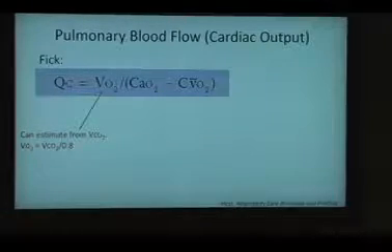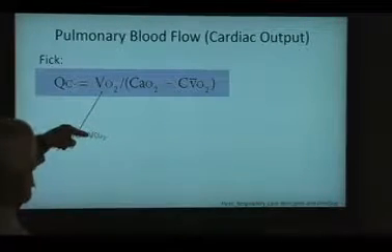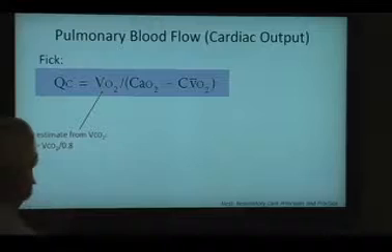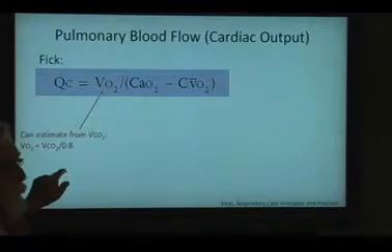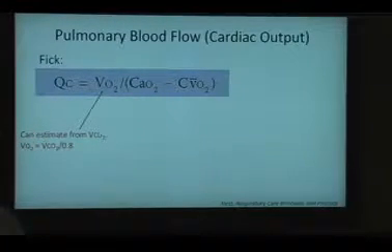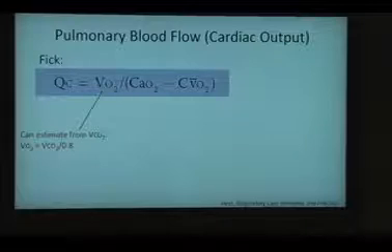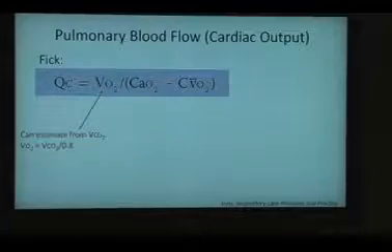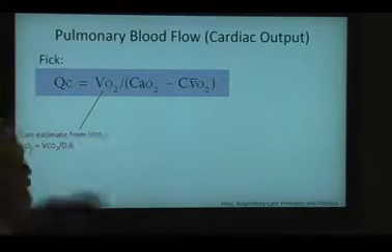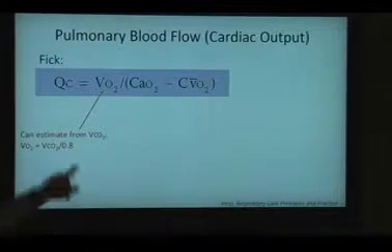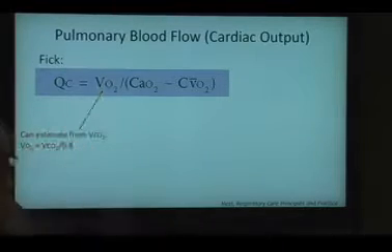The relationship between carbon dioxide production and oxygen consumption is the respiratory quotient, which is normally 0.8. Physiologically, it varies between 0.7 and 1. So it never varies much from 0.8. It's impossible for it to be much different than 0.8. So if we measure the CO2 production with a NICO, we divide it by 0.8, that gives us a reasonable